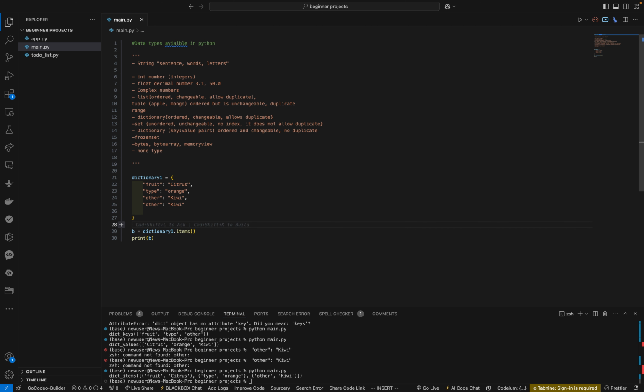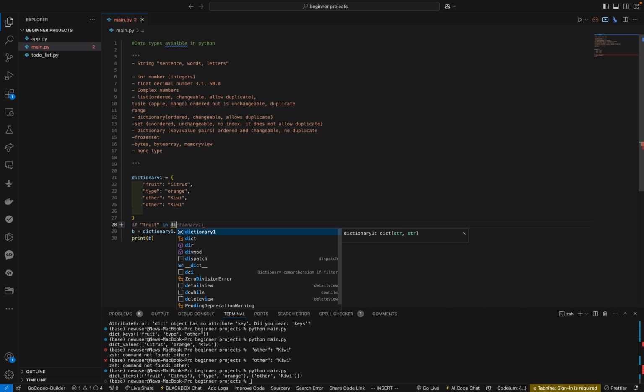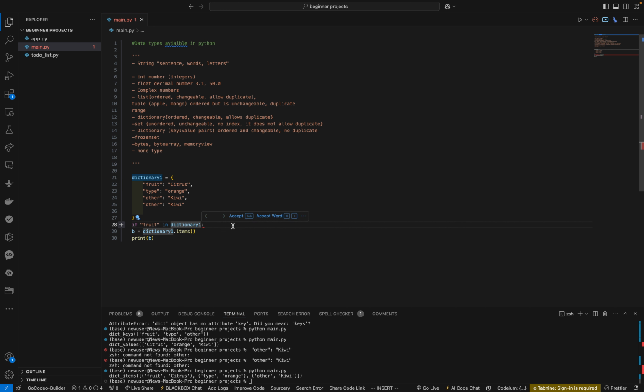So we can come here and say, let's say, if fruit. Because fruit is a string, we have to put it in quotation. So if this particular fruit is in the dictionary, where dictionary is the variable we assigned to this dictionary, it means that we can say maybe print